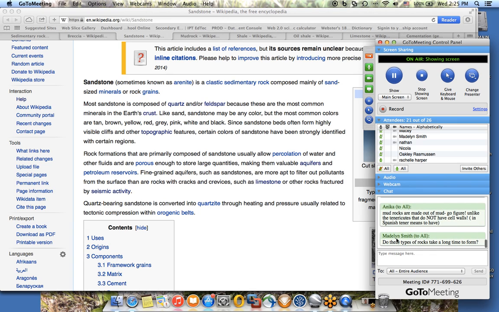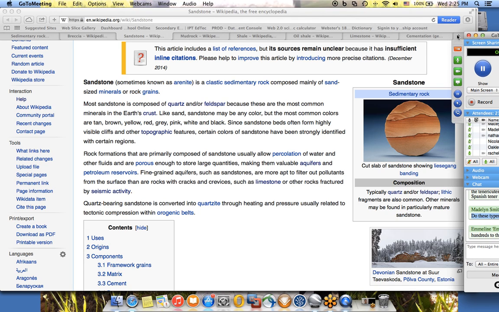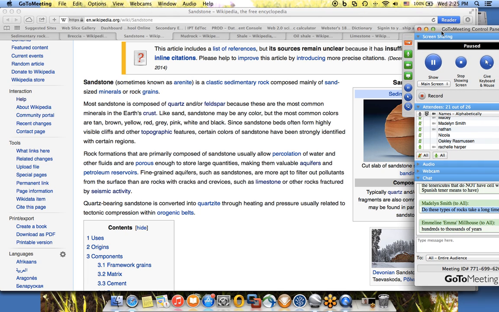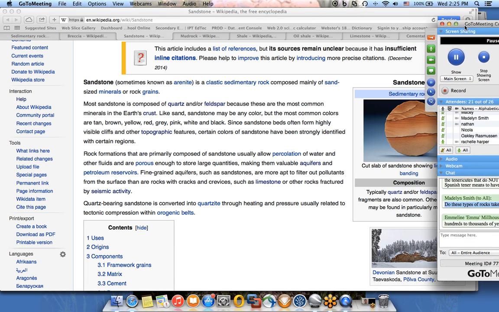Do these types of rocks take a long time to form? Yes, they actually do. They take a long time to form because of the process by which they need to be cemented together, and that is what we are going to talk about. Emma says hundreds to thousands of years. That's right. So these are in geological times,